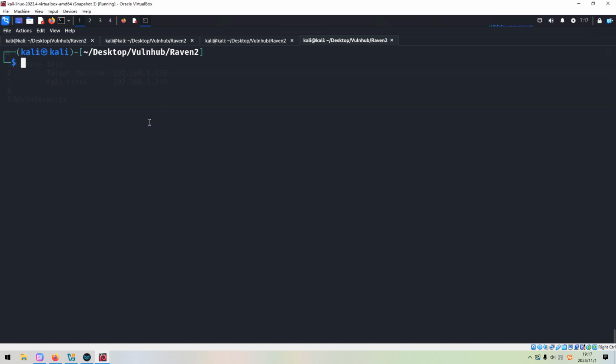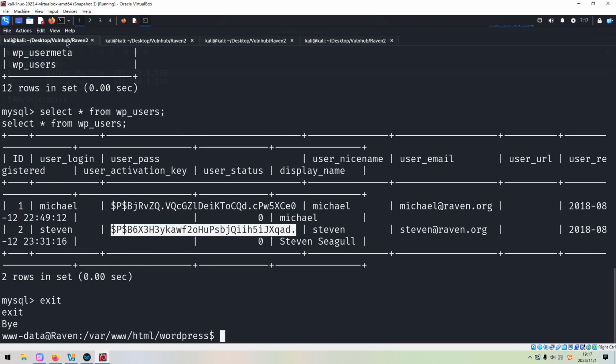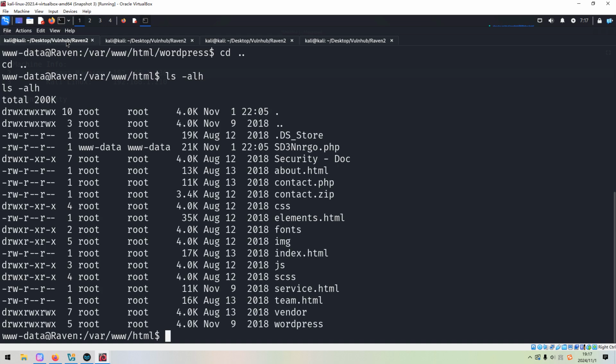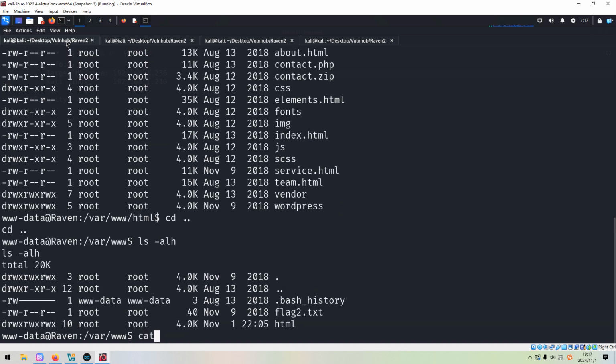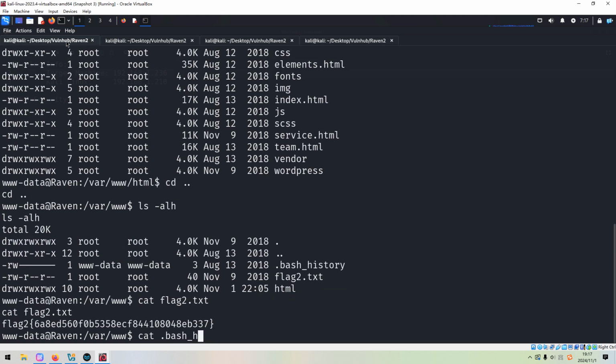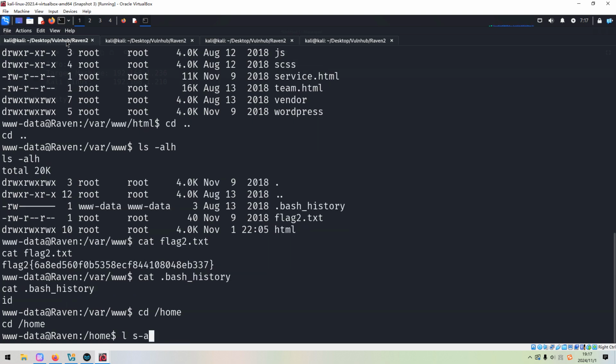So next, I think we need to continue our enumeration. Just now we have already enumerated the database. So now we can go to other locations on the target. And then we can look for the second flag and also the bash history. But not there. Go to the home directory.